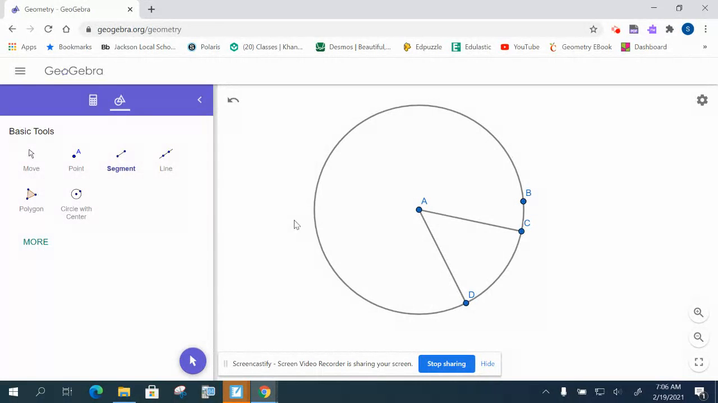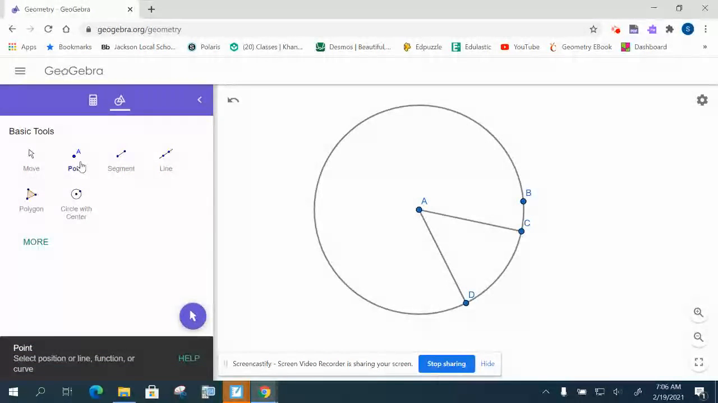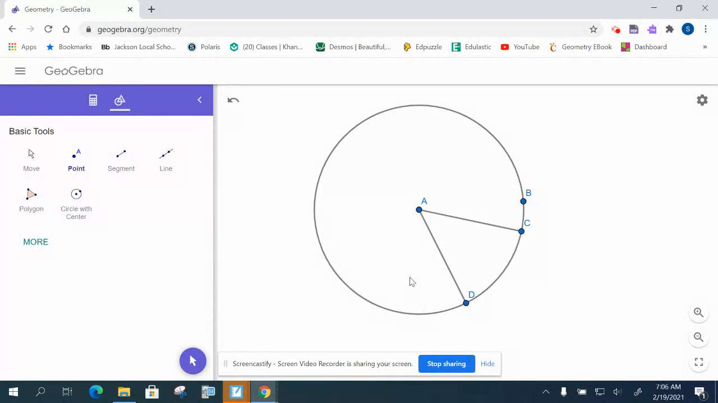And then we're going to use the point tool to construct 3 points on the circle in the exterior of angle CAD, so this part here, such that they are labeled E, F, and G. Okay, so I'm going to go E, F, G,